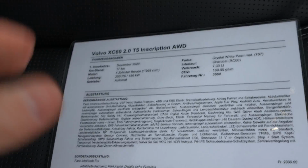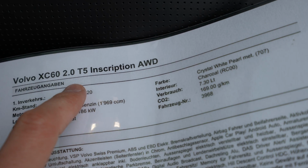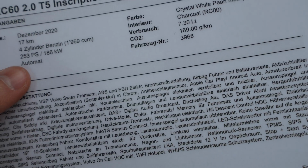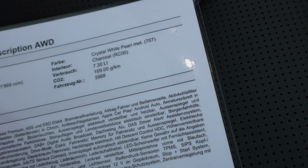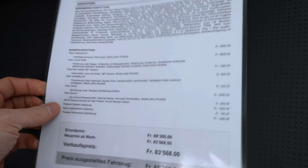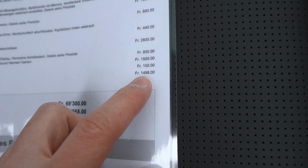But guys, here it is. As I said before, we have the 2-liter petrol engine, the T5 Inscription. It is the all-wheel drive version, 250 horsepower, 350 Newton meters, 8-speed automatic gearbox, also 169 CO2. The color, all the info, you have it here. Also, let me show you something. If I go down here, you can see the Polestar Performance package right here, 1,500 francs,